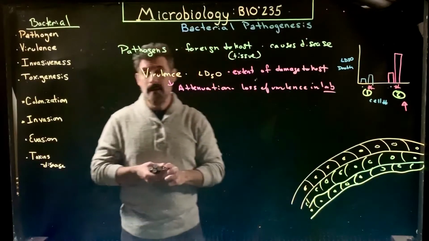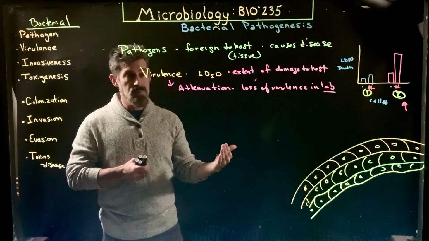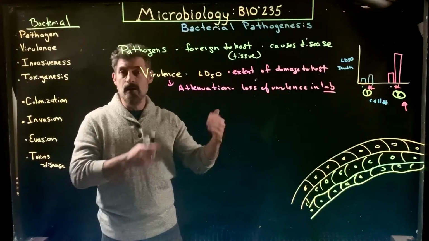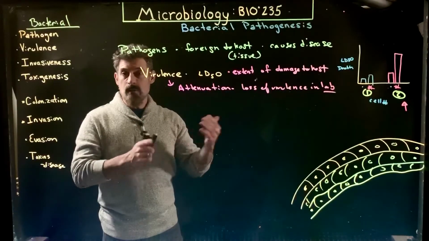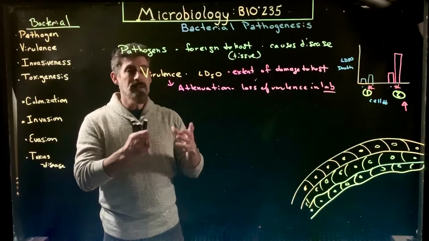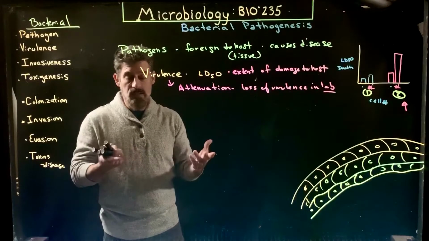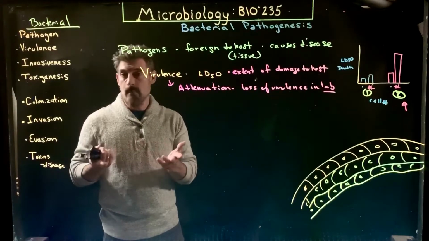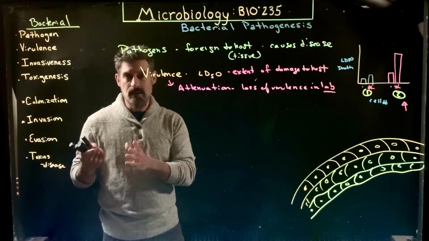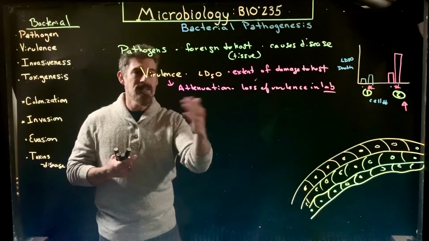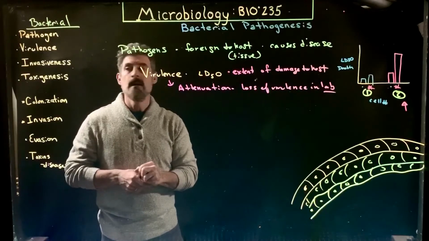So when grown on a plate, like we would in the lab, there are a number of bacteria that would normally be very dangerous because they produce chemicals that make them virulent or cause a lot of damage to the host. They're toxins that they make. But when grown on a plate, because they're not getting the same chemical signals that they would from their host, they actually stop producing those chemicals. And so they become, not completely harmless, but much less virulent under those circumstances. That's called attenuation, essentially, or the loss of virulence, which can happen over time.